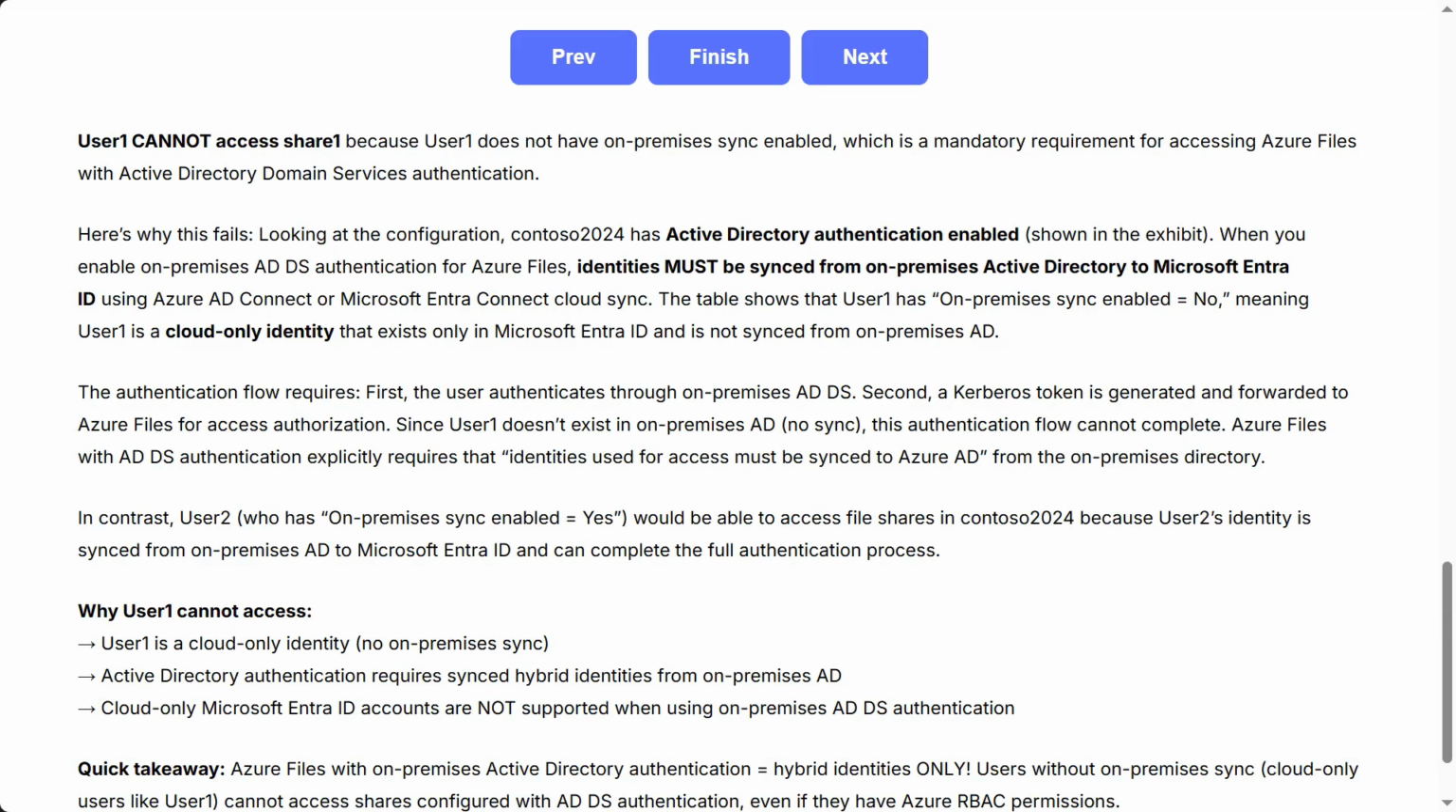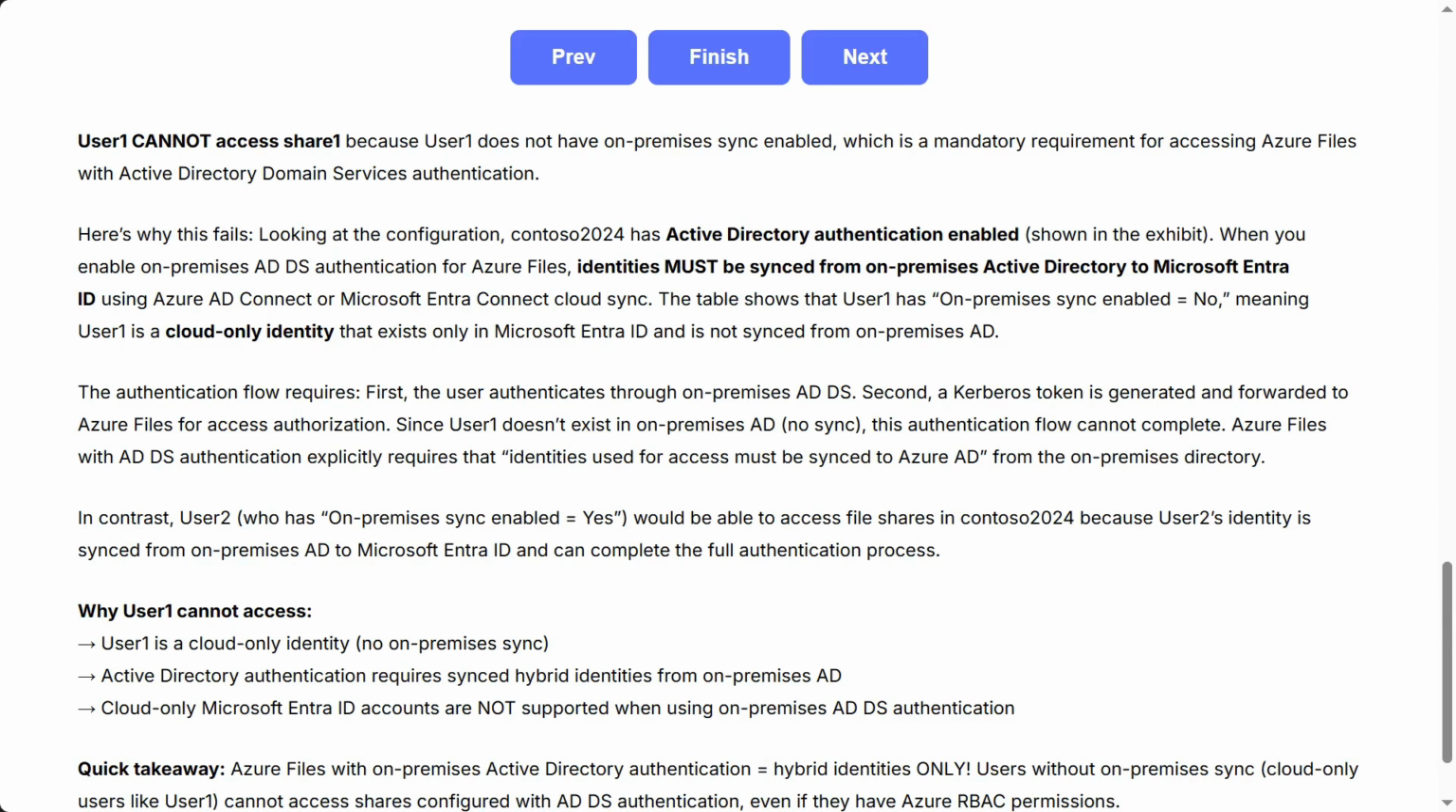The authentication flow requires: first, the user authenticates through on-premises ADDS. Second, a Kerberos token is generated and forwarded to Azure files for access authorization. Since user 1 doesn't exist in on-premises AD, no sync, this authentication flow cannot complete. Azure files with ADDS authentication explicitly requires that identities used for access must be synced to Azure AD from the